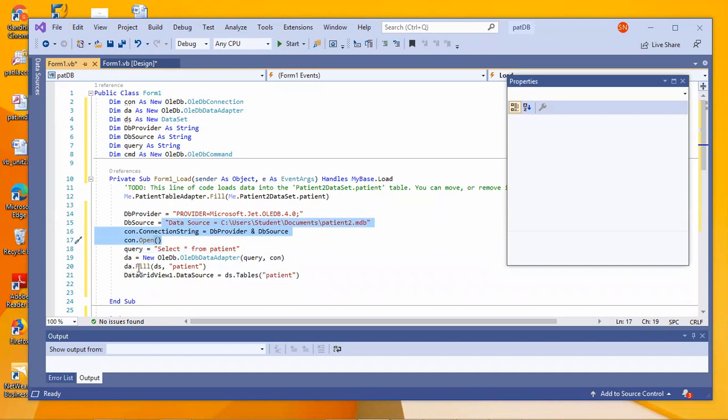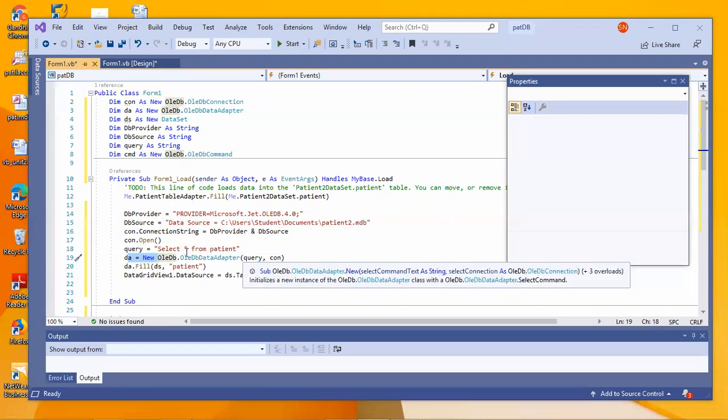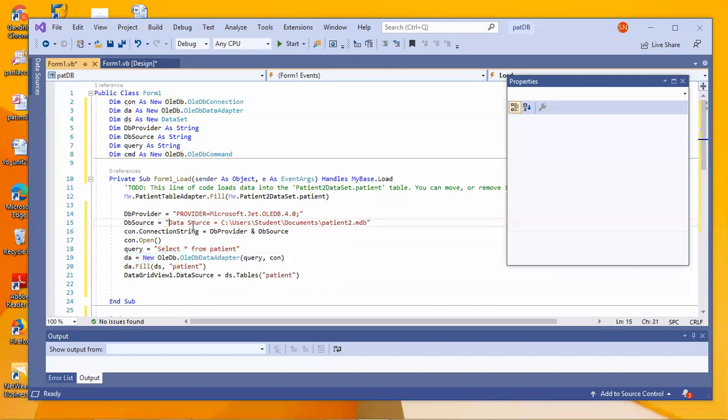Next I'm saying fill whatever you get from this data. Once you execute this query upon this connection, whatever data you get, fill that data onto a DS. DS is nothing but the data set. Fill that data onto the data set, the one you access from patient, under a name called patient.